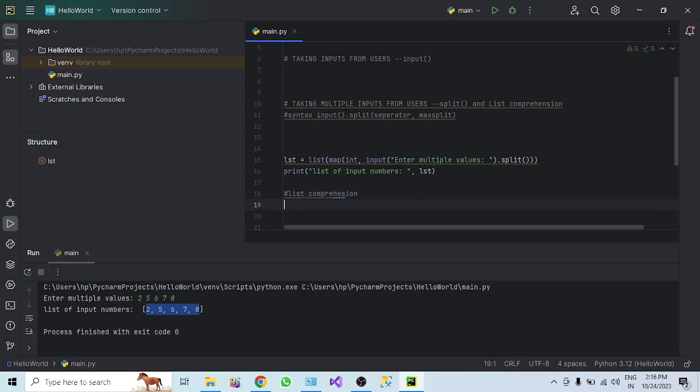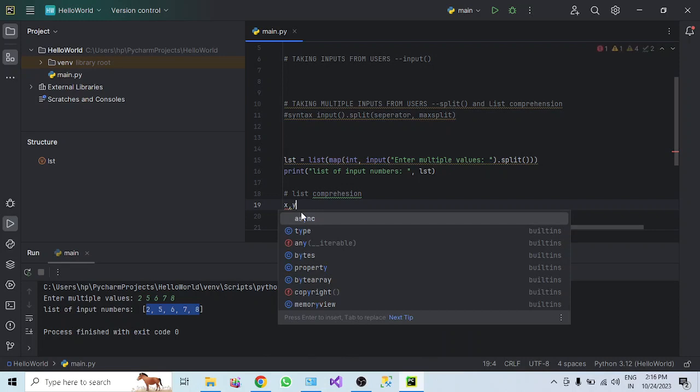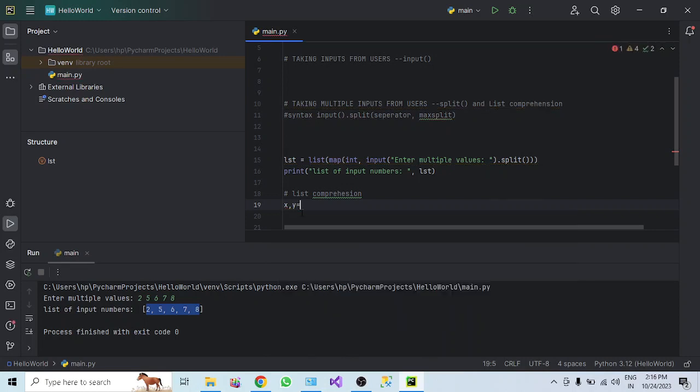Using comprehension, we will take the multiple inputs. How can we do it? Let's suppose, as we did earlier, let's mention two variables x comma y, and we can say int x